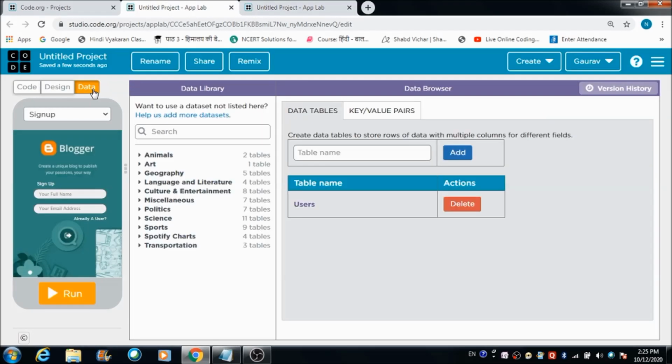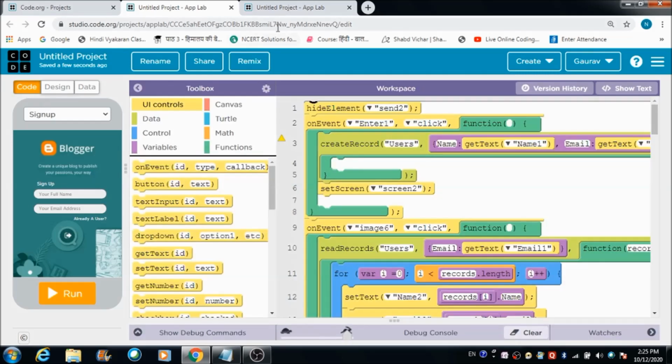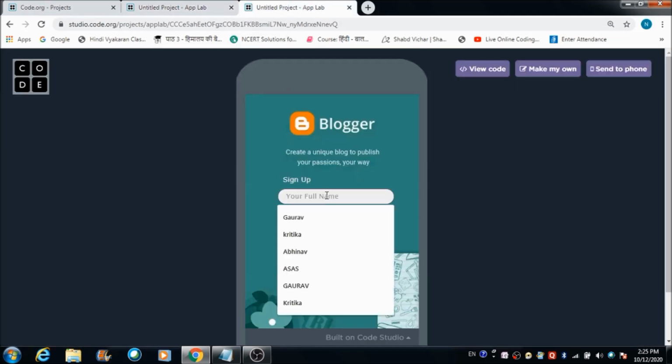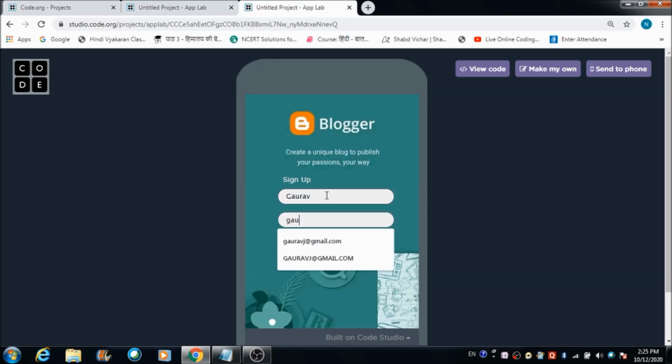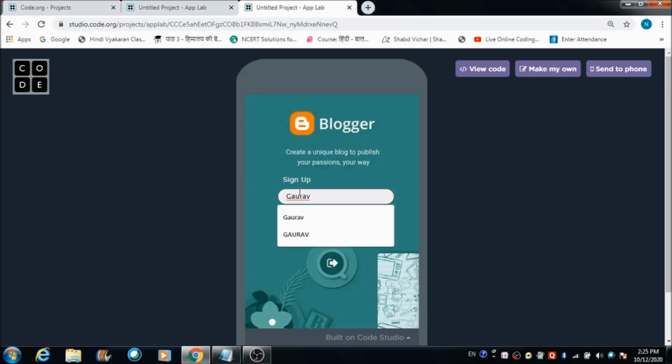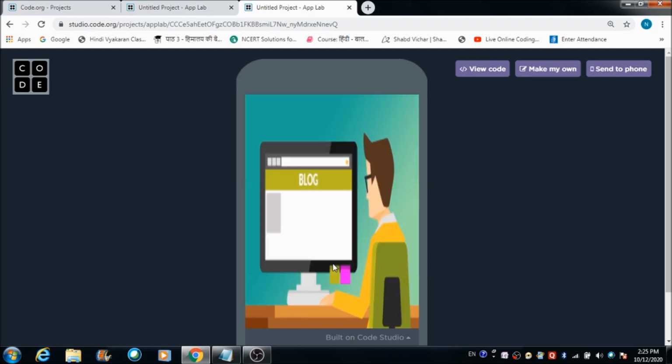You will be able to get the right output in that case. So do we have something on this data browser? Let's delete this table from here. This is the name with which I will be creating a profile now. This is the email ID. Let's hit this button and see what is going to happen. The compiler has redirected me on this screen.